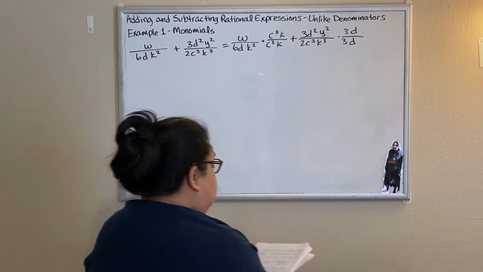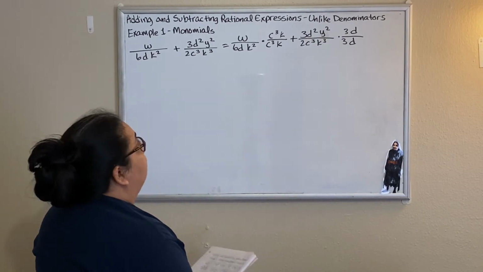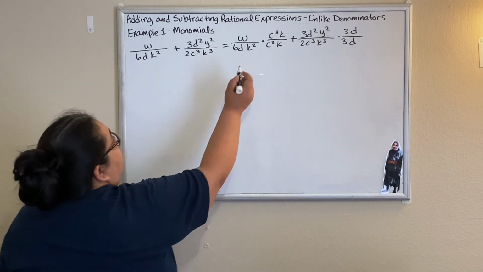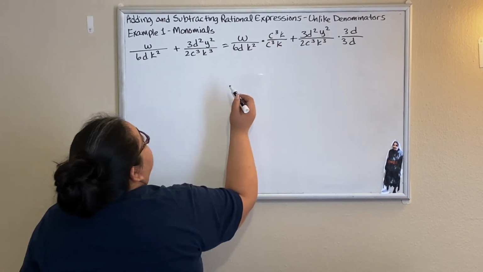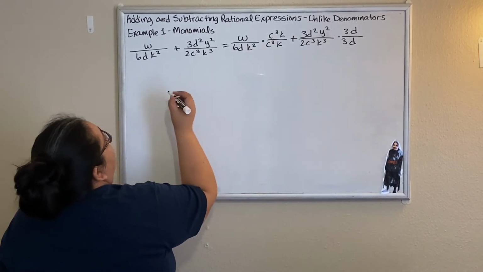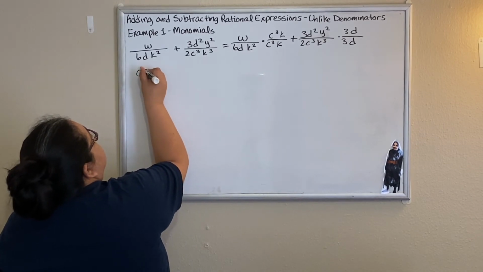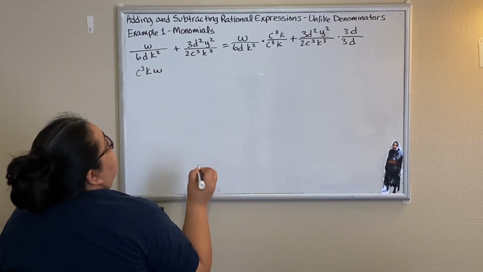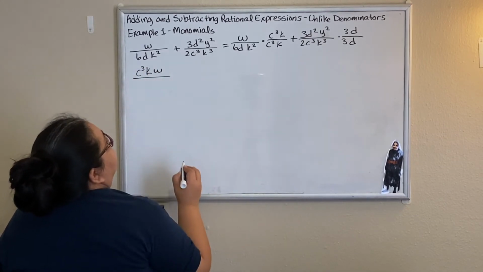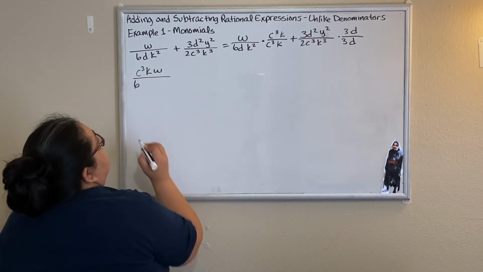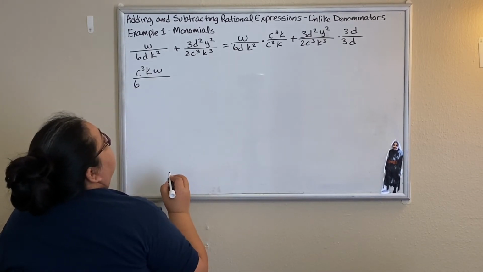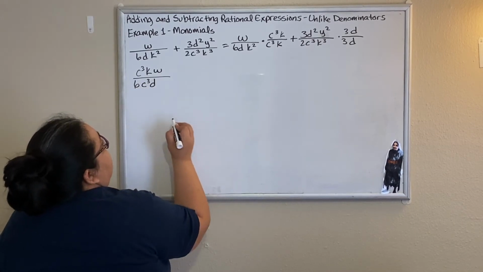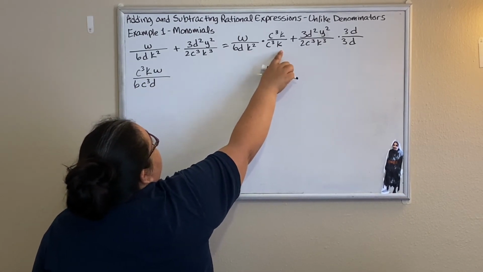So we're going to go ahead and simplify, and then we're going to add them after we simplify. So simplifying here, we're going to multiply these two numerators, and I want to put them in alphabetical order. So I'm going to put c cubed first, followed by k, and then times w, over. We're going to put the number first, 6 first, and then we're going to go in alphabetical order. So we're going to put c to the third next, followed by d,